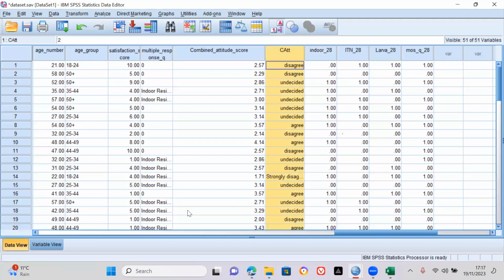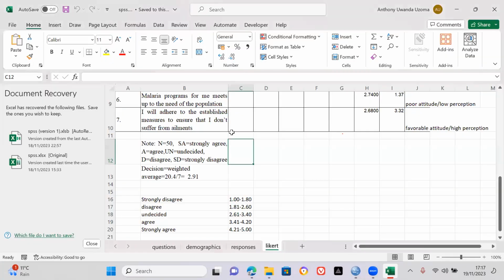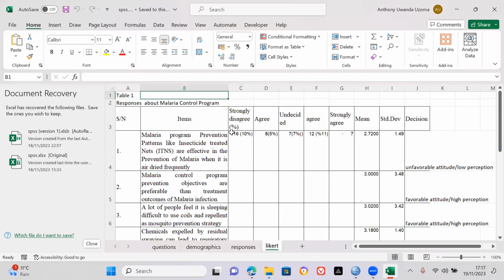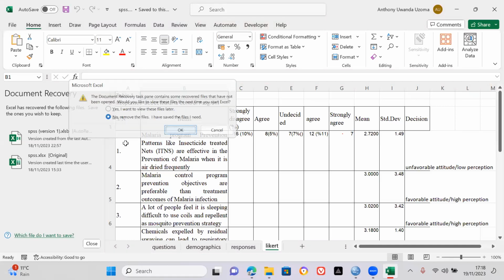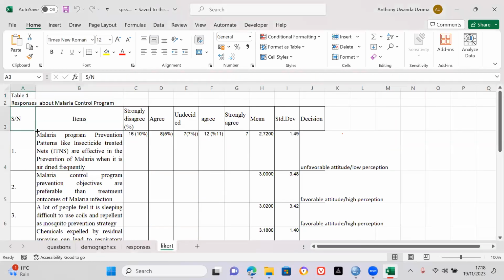So we stopped at Likert scale, and we said Likert scale is the scale that has ranking, an ordinal scale. It has ranking like I agree, strongly agree, all those kinds of scales. Let me recap the Excel part. So we stopped somewhere here. We said once you have gotten all your values from your Likert scale